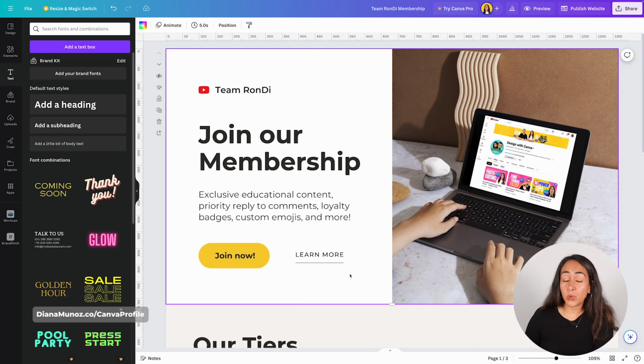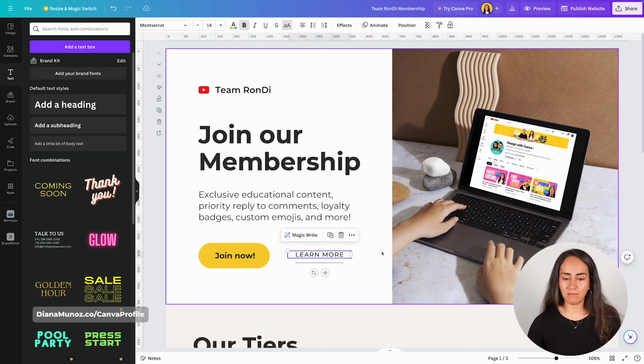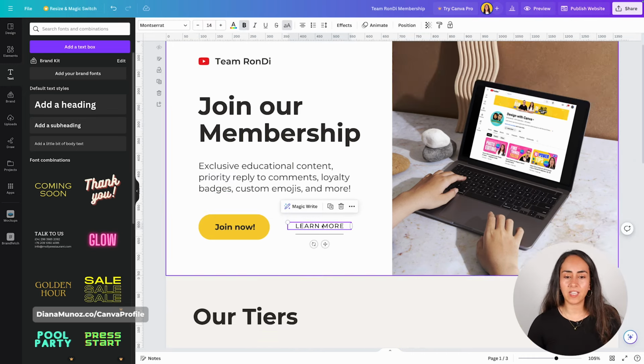Now let me show you something pretty cool here, and that is that you can not only insert external links, but you can create buttons to refer to other pages on your website. So I want to link this button to the second page. You're going to click on this text box or your button,